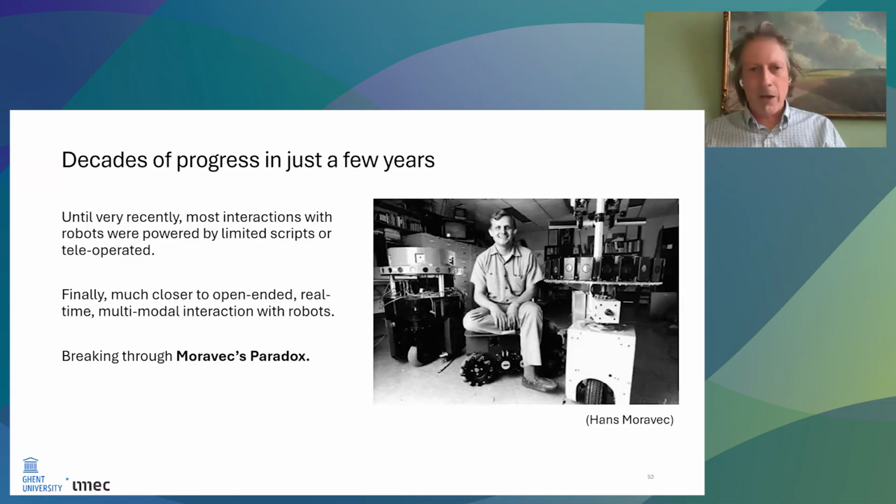I'm sure you've heard of Moravec's paradox. Anything easy for us is hard for robots or computers, and the other way around. Well, we're breaking through that. After almost 50 years, we've got machines that actually do things that we find easy as well, that understand language, that make really hard decisions, that understand values. And so these are incredibly exciting times.